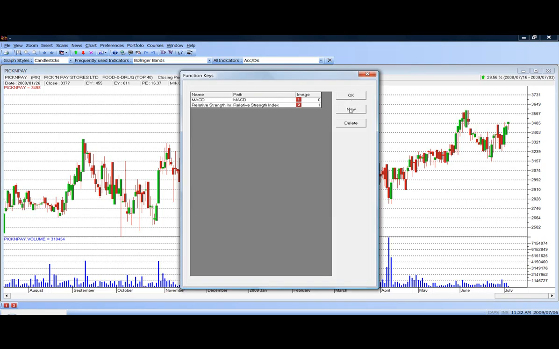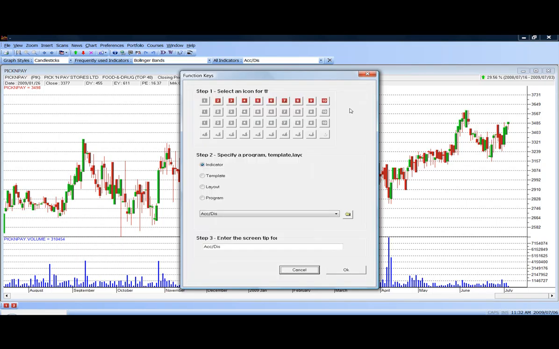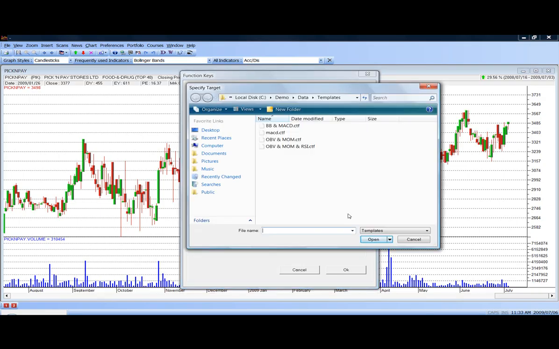Similarly, you can add, let's say, a layout or a template. Let's first add a template. I've already got some templates set up, so you put a click on the template. Now you will see that the next row of icons is now turning blue. As you may recall, the first row was red, and since we haven't got a template yet, we click on number 1. It's automatically already selected, and now we need to click on the right hand side on this folder and open our template